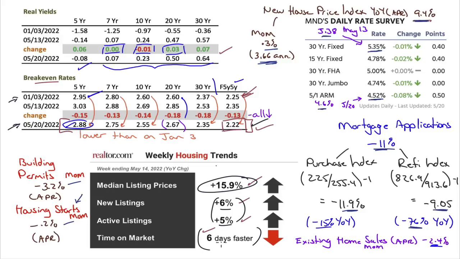So when we look at the purchase index being down 12%, existing home sales negative 2.4%, housing starts down 0.2%, and the increase in housing prices, we're seeing that prices are well supported, but volumes are down. But they're not taking longer to sell. This was the same last week. Year over year was 6 days faster. It's still 6 days faster. It's not like it's gone to 4 days faster and then 3 days faster.